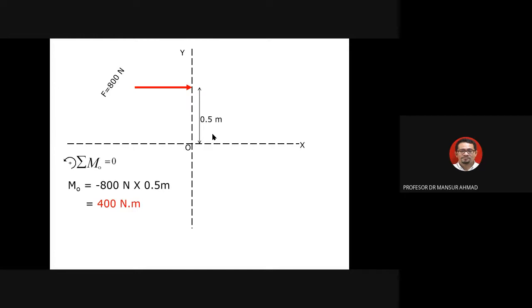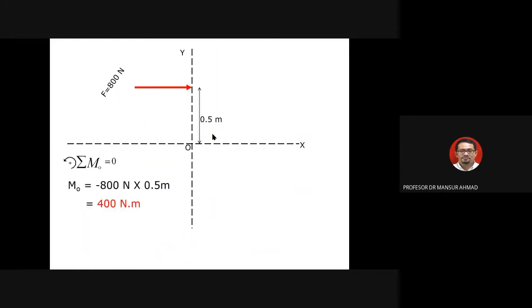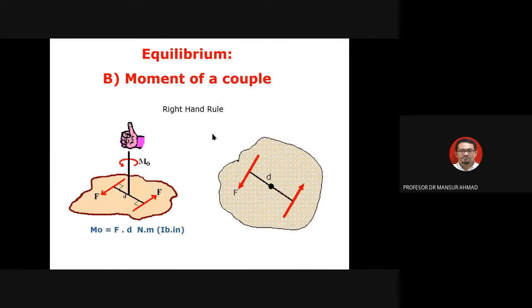Okay, next, when we talk about this example, you're talking about moment of a force. But here, moment of a couple, ataupun dalam bahasa Malaysia, moment sesuatu couple. Couple here mesti gandingan. Couple here means, if you look at this diagram here, ada gandingan yang ini, F here and also F over here. Ada dua. Ya.